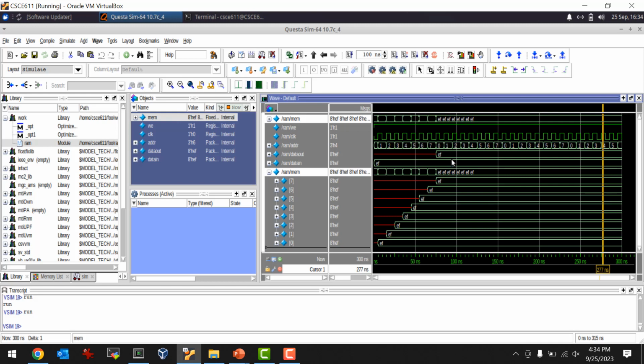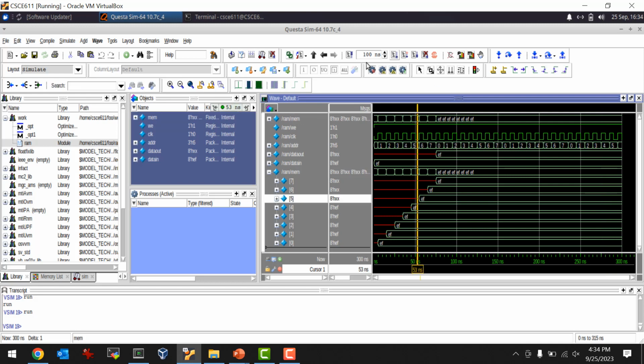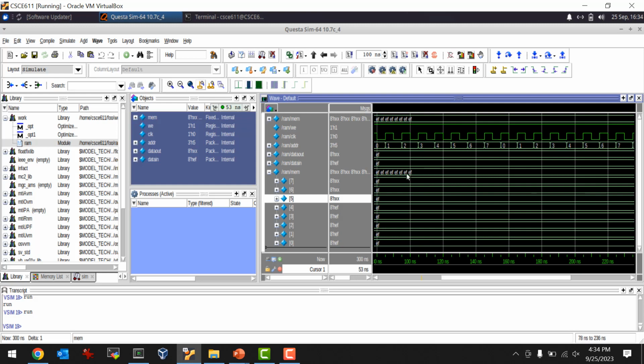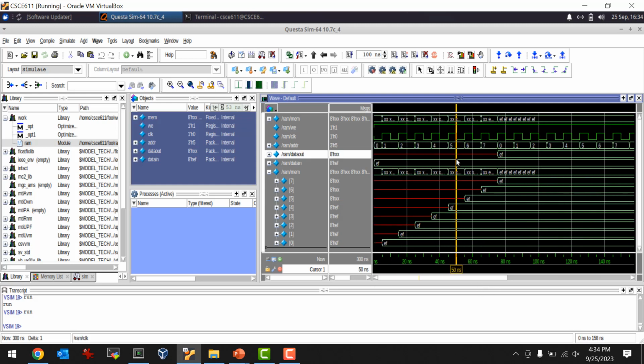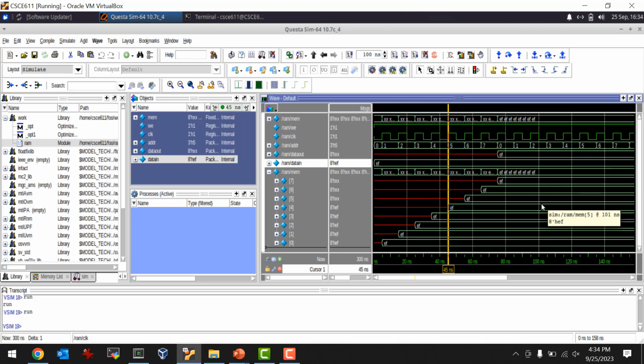Okay, and also if I zoom in here a little bit more, you can see that the writing corresponds to the rising edge of the clock. So you see where the cursor is? So this EF, the address is 4. Now, it's technically changing to 5, right? But it's going to see the old address. So the address is changing from 4 to 5, but at that moment in time, it sees 4. And so you'll see that address 4, which is here, is going to get written on that rising edge. You guys see that? Make sense?